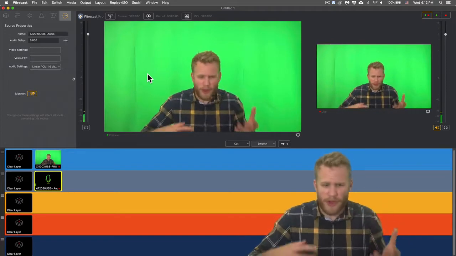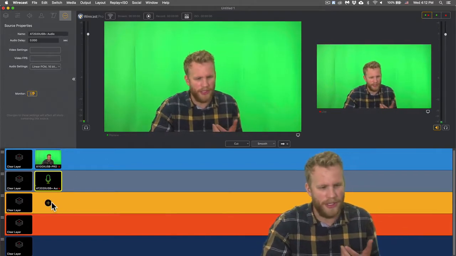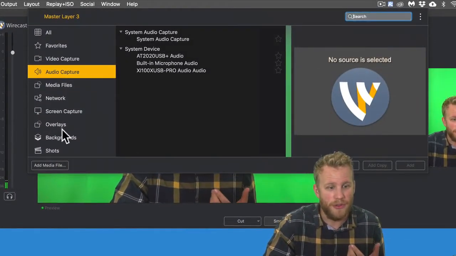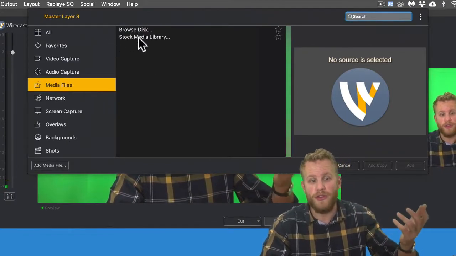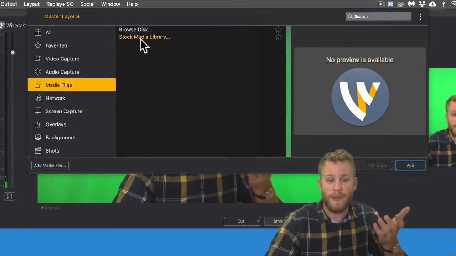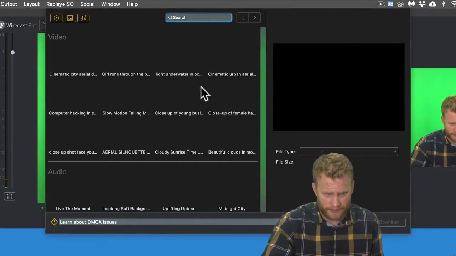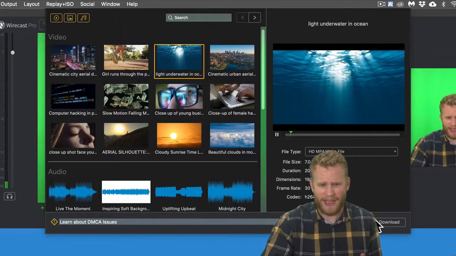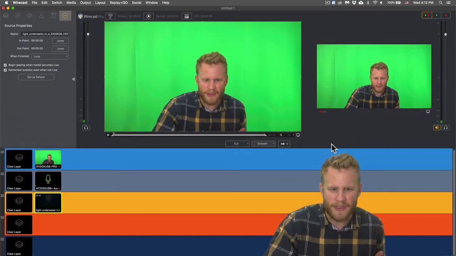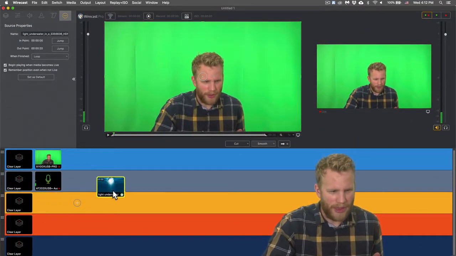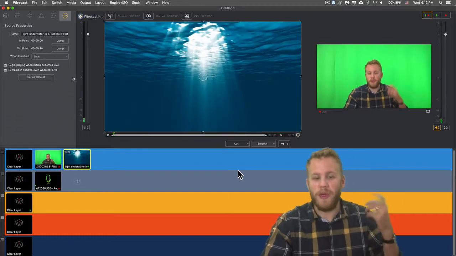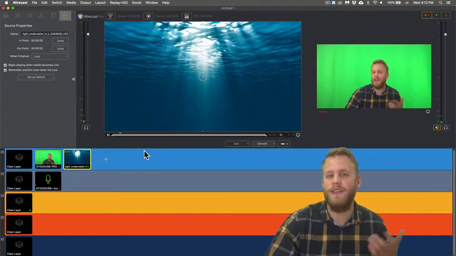And whether it's a piece of media that you want to pull in, and that would be just coming to media files. You can search your library on your computer, or maybe the stock media library. I'll open that up and grab another piece of media. I've been digging this light underwater. It's a very simple, easy to use video. If I pull that over here, I can switch between my camera and this video of light filtering through the